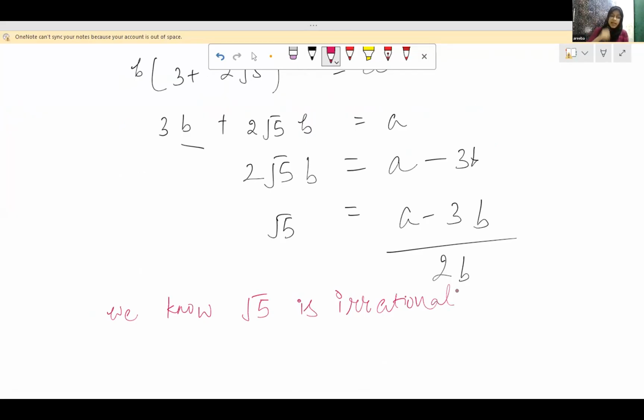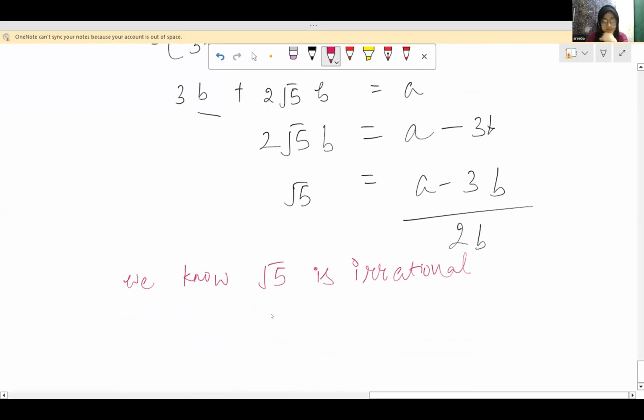We know that if our LHS side is irrational, do you think the RHS side will also be irrational or rational? But Rumaisa hasn't joined yet. Everything all right? Which is